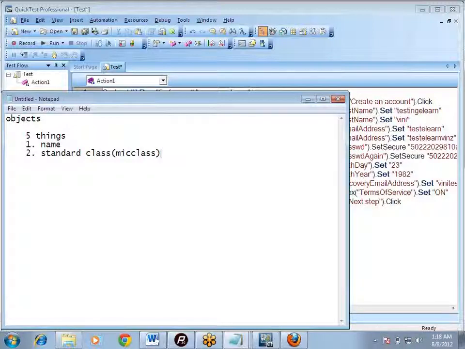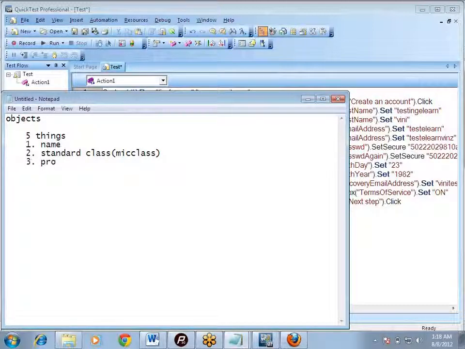If we have a text, it is an object of class WebElement. If I have a text box, it is an object of class WebEdit. If I have an image, it is an object of class Image. If I have a link, it is an object of class Link. If it is a list, it is an object of class WebList. So every object belongs to some standard class.